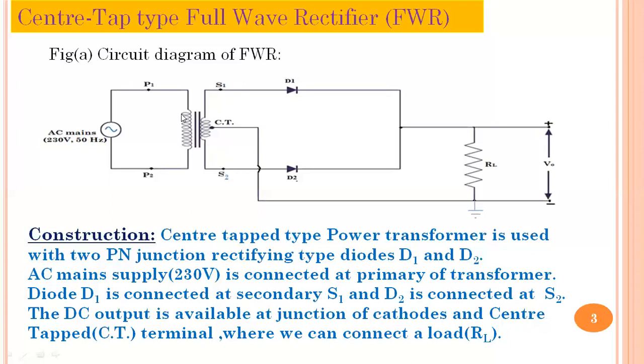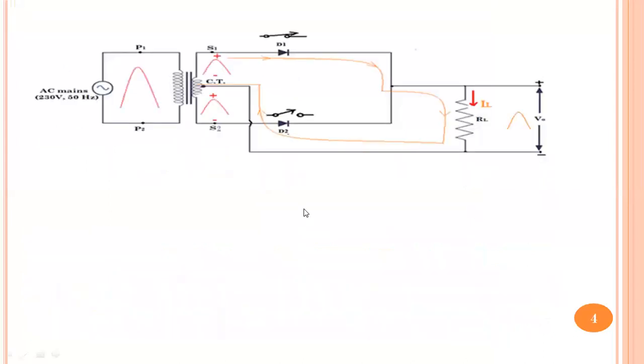Beside that, if you observe the number of turns of winding of primary and secondary, the primary number of turns is very large. Therefore, it is basically a step down type of transformer. Beside that, it is also a center tap type of power transformer. Is this clear? We'll go for its working.